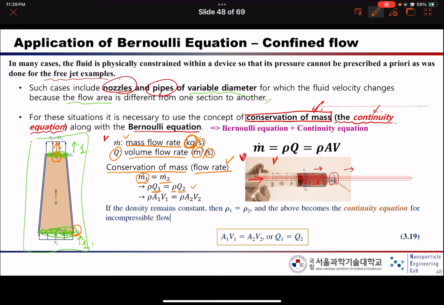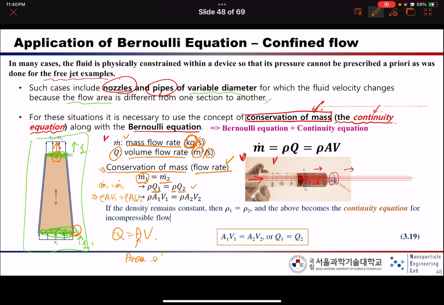So we can write M1 equals M2 like rho A1 V1 equals rho A2 V2, because Q equals AV,